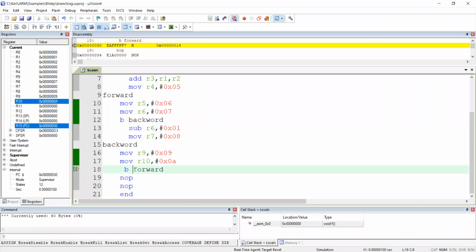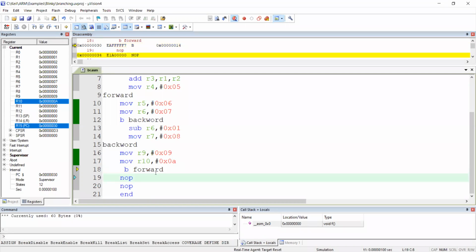in the 18th line, try to find out a paragraph name whose name is forward. So is it somewhere below this line? Below this line in 18th line onwards, or before the 18th line, the name forward. So it's behind the 18th line. So try to find out this name. This is called a label. So where is a label here? Okay, this is a label.